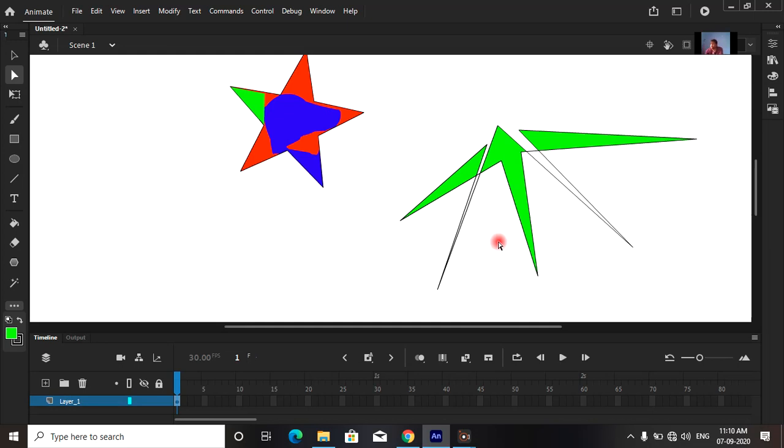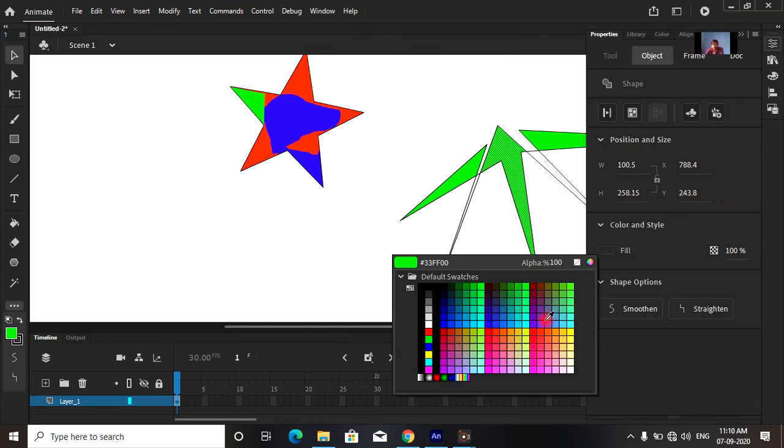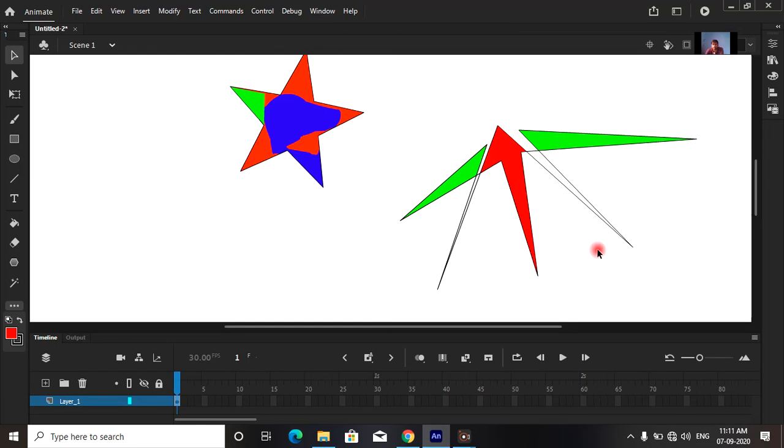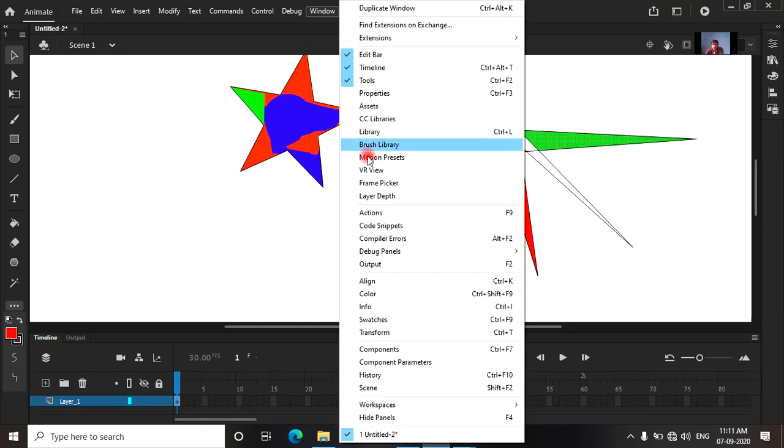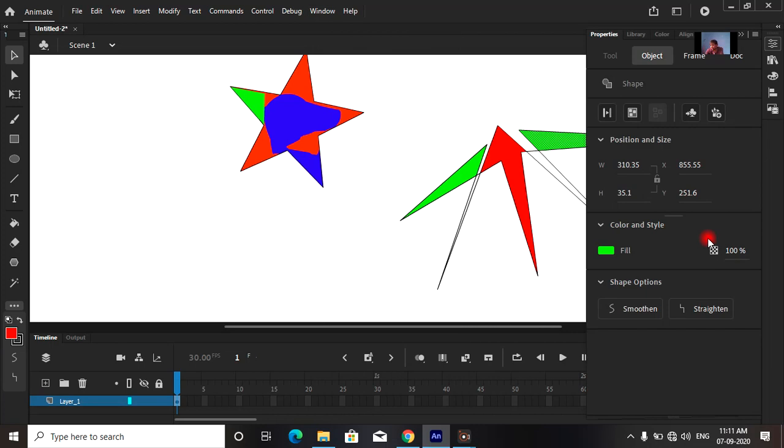Now we are going to show how we can fill the color. In the selected object we have already filled the color. In this image we are going to fill the color. First of all we have to select here, and when we select, the option will appear in the properties tool, and we can fill it. Here we fill red, and here we are going to fill another color by the help of the selection tool. This selection tool is the same as the paint bucket tool. The paint bucket tool puts the colors inside the object.